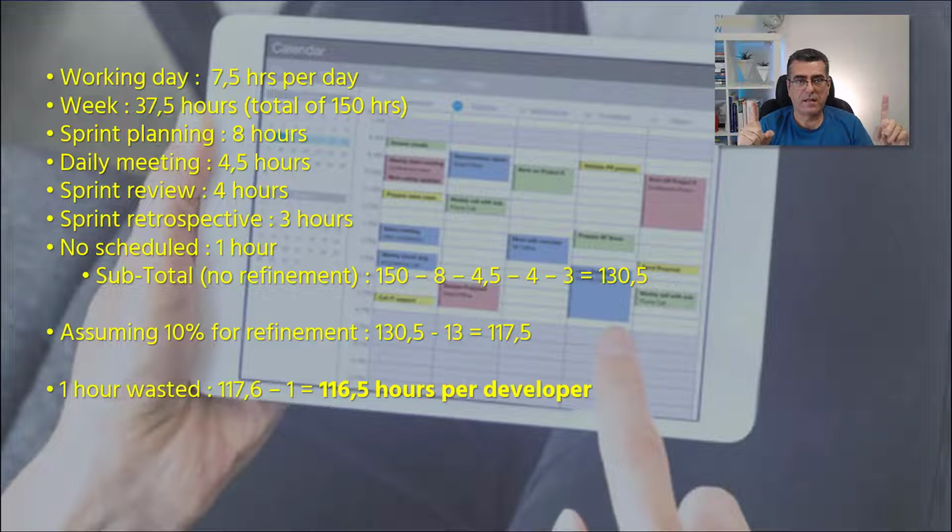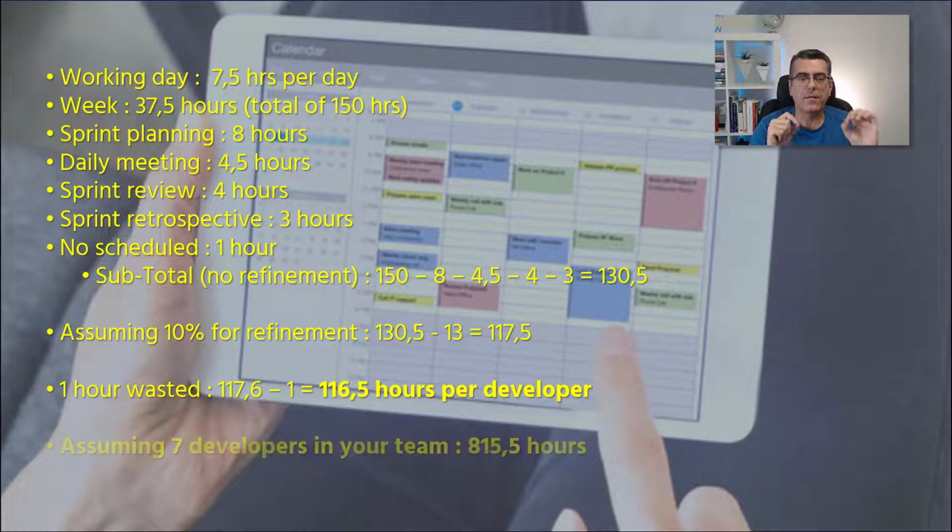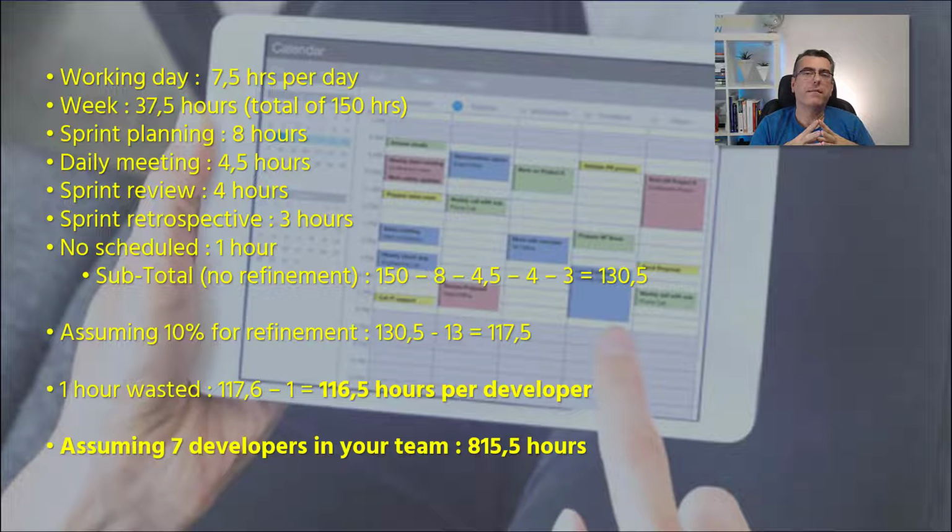4 weeks sprint. This is important information, because if, for example, you have 7 developers in your team, you should estimate the number of hours you're going to work in your sprint to be 815.